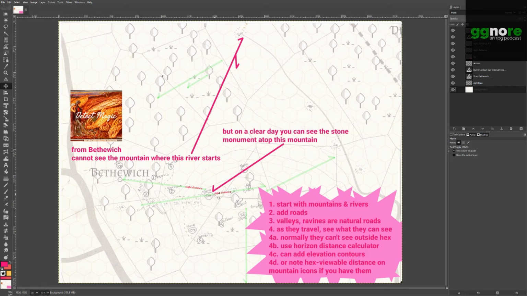So you can see here that I drew sight lines from the top of the middle mountain area down to see just where they extended to. And so as the characters proceeded, they would navigate based on the options you gave them. So you would treat each peak as a sort of point on a point crawl, although it's not a point crawl. And then you would treat the natural paths as well. So you can say from Bethwitch, you can see there's a hill up to your south. And in fact, there's an upper part of the city. There must be, since the contour line cuts through the city. There's an upper part of the city that you can go up to, and they can see there's a valley in between here that's naturally formed. And in fact, that's the way they went on their journey.